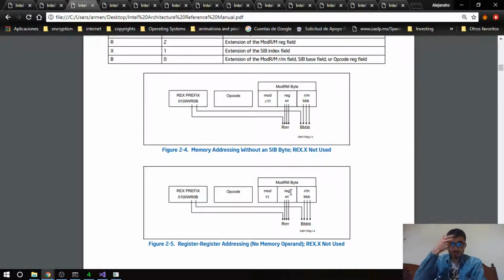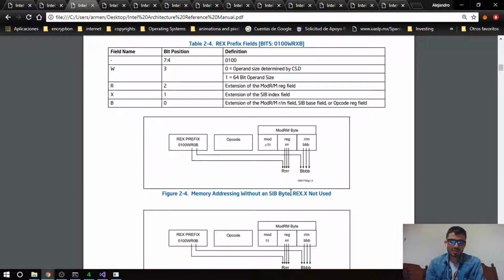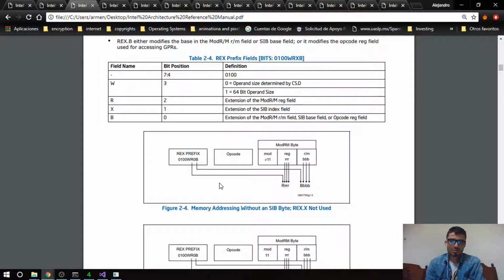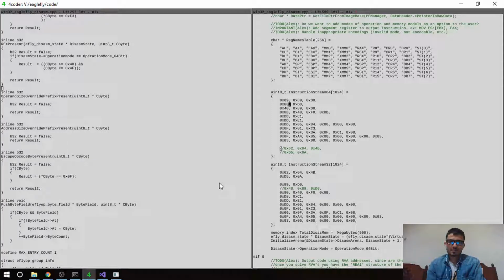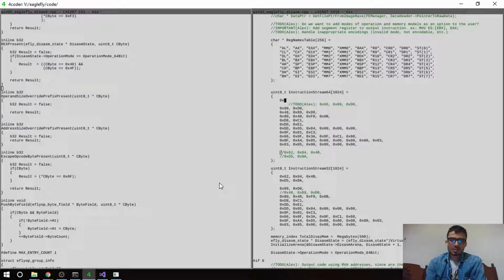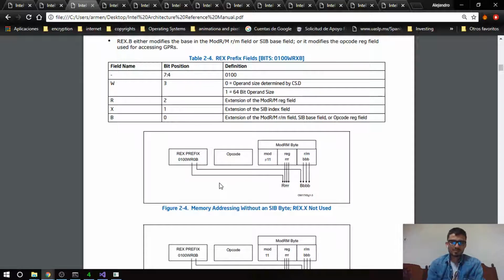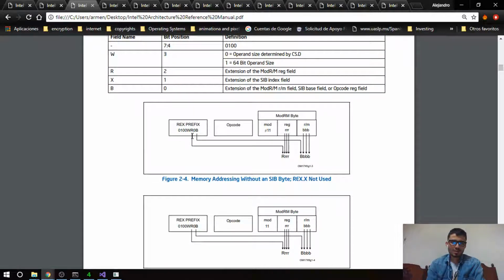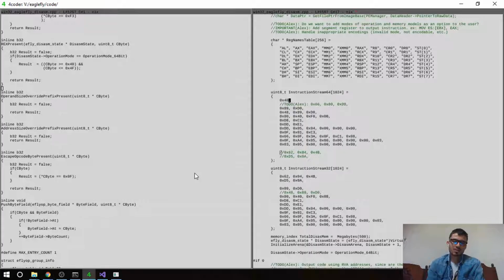So we can start with the memory one, which is probably one of the simplest ones. So we can say, well, I'm gonna put a to-do there, and I'm gonna say another 48 here. Well, I say 48, but it depends. If we use the operand size override prefix, it's gonna be REX. If we don't use it,